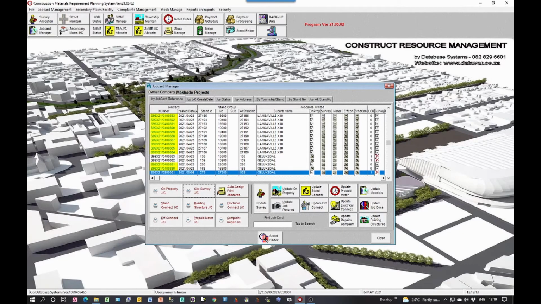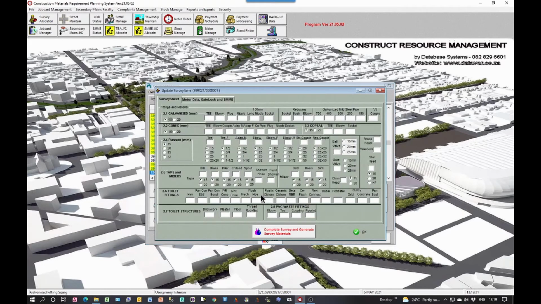The Survey Job Card Return Processing. Click the Update Survey button on the Job Card Manager screen with the job card entry highlighted, and the Update Survey Data entry form for the selected job card will then be displayed. Carefully enter the data from the returned survey job card, taking careful note of the quantities entered on the job card as well as the stock item size. These selections, after